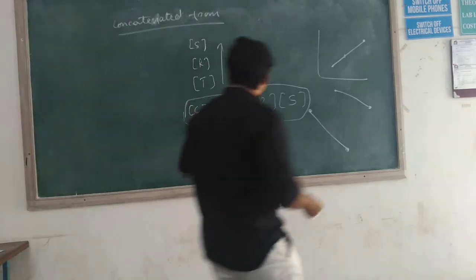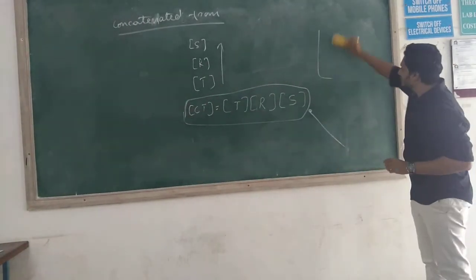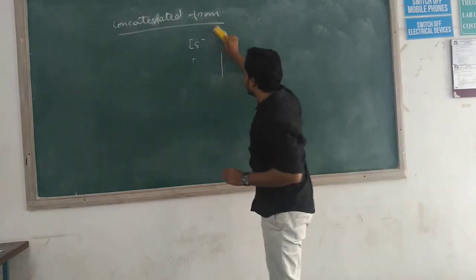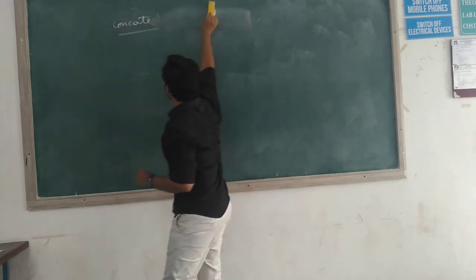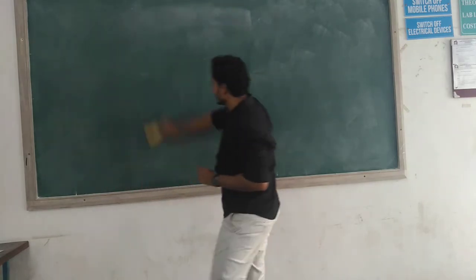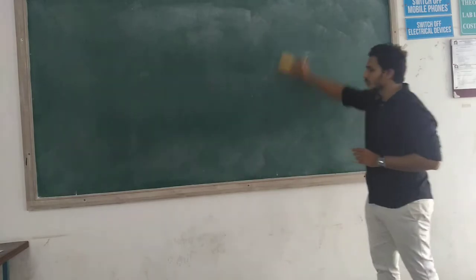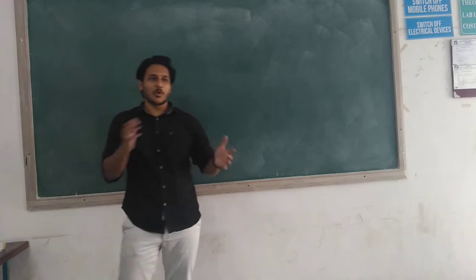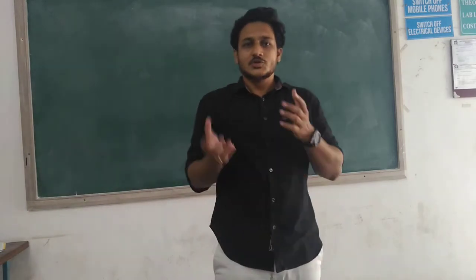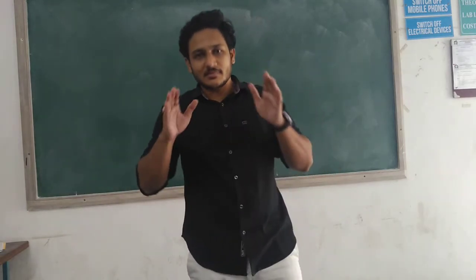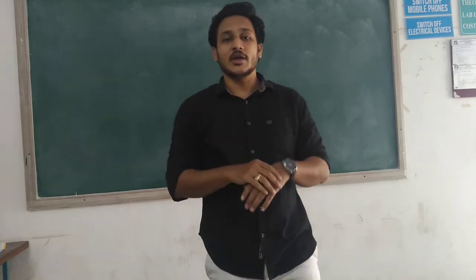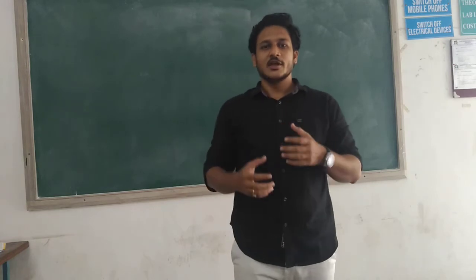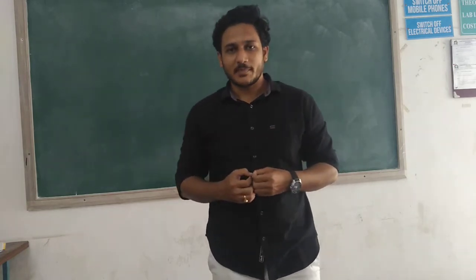So a concatenated transformation is a combination of two or more transformations. We have to multiply all the transformations in a backward direction. So why are we doing this? If you concatenate or composite two or more geometric transformations in a single matrix, it is going to increase the performance of the graphics package.